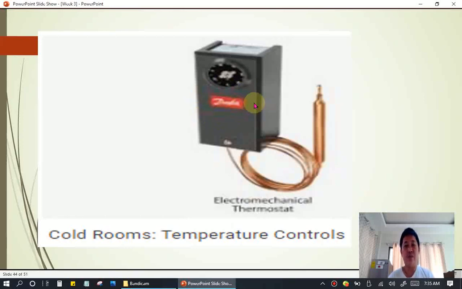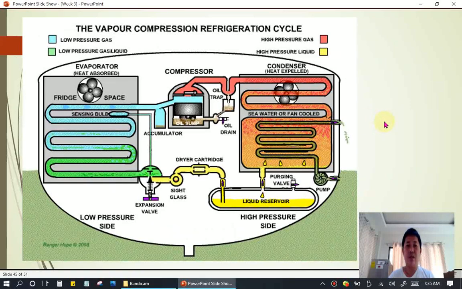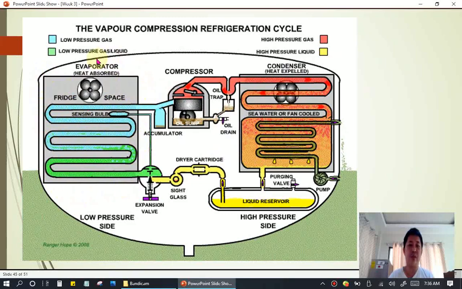So next, this is your provision refrigeration. You have here the compressor, the condenser, and you have the fridge. Here is probably your meat room, your fish room, and your vegetable room. So by the use of your bimetallic devices, which is the thermostat, it can control the room temperature of your refrigeration system.